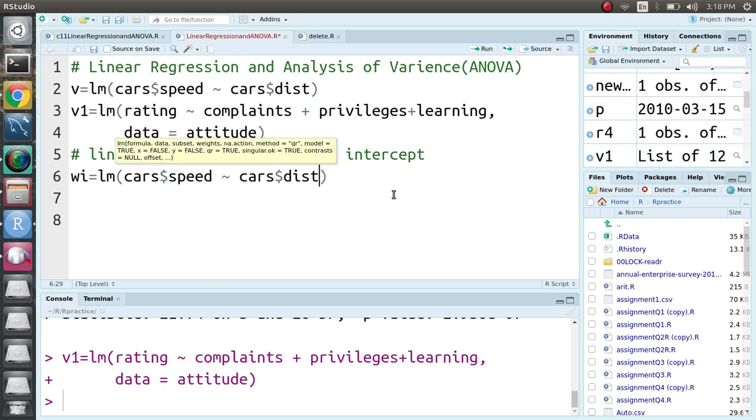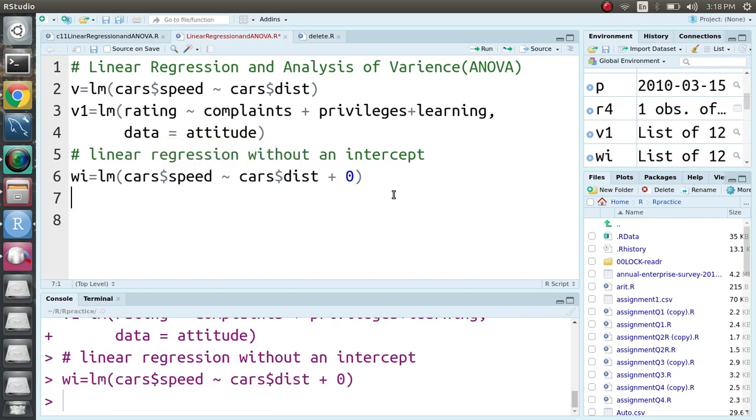And when you do not want an intercept, just give the plus symbol and 0 at the end. The plus 0 means the intercept value will be treated as 0. It is called without intercept. If you run this model, you will get a result. So run this model. If you want to see the summary of the linear regression model, then write summary